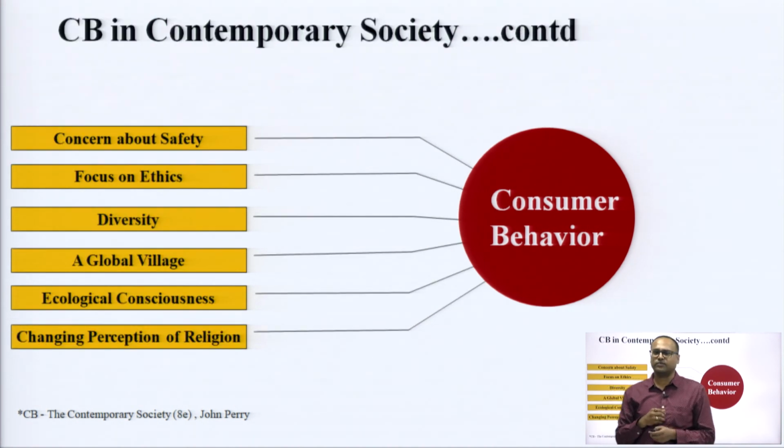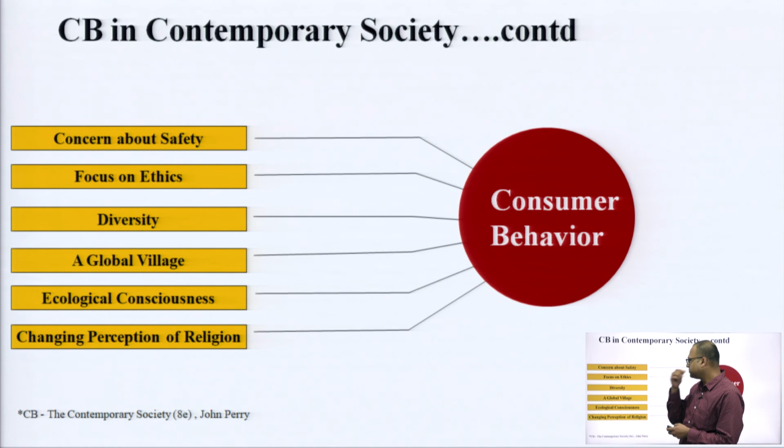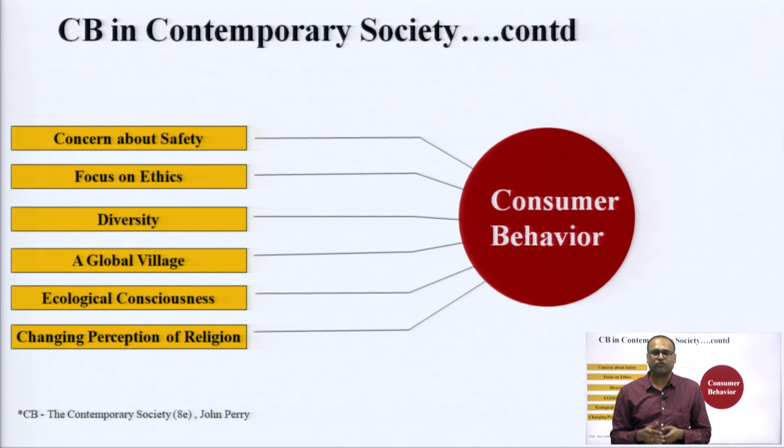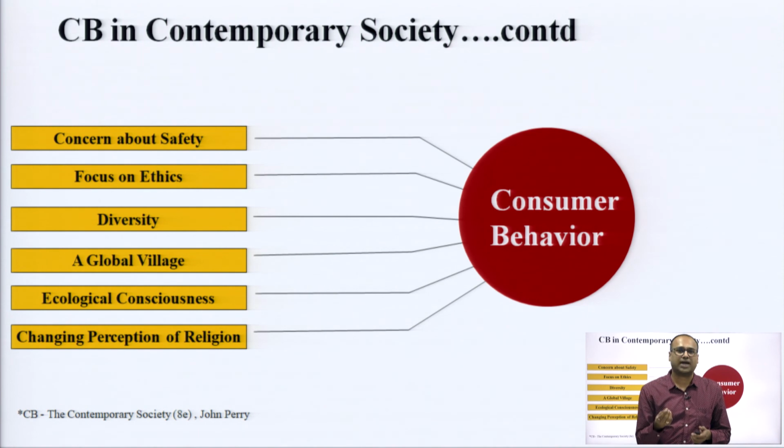Going further, I have some more points to discuss. Concern about safety refers to both personal and data safety. For personal safety, we have lots of equipment manufacturers who are putting up security cameras and motion detectors, so that you can be alerted when there is some intrusion, or you can record certain events when you are not available at the particular instance. So, personal security is available.